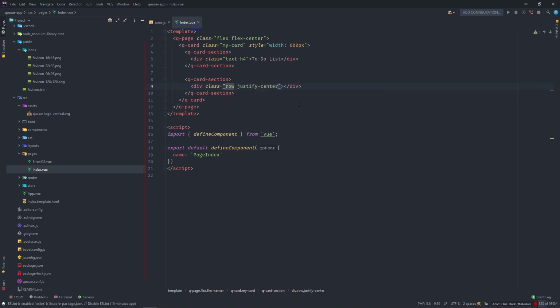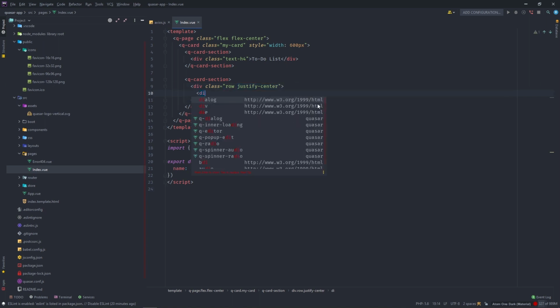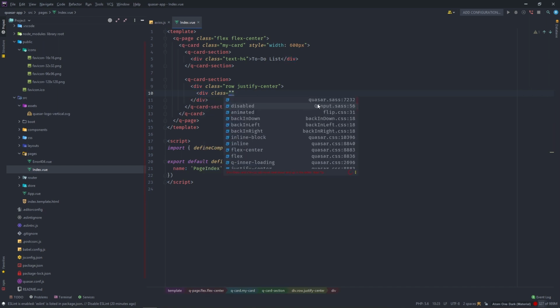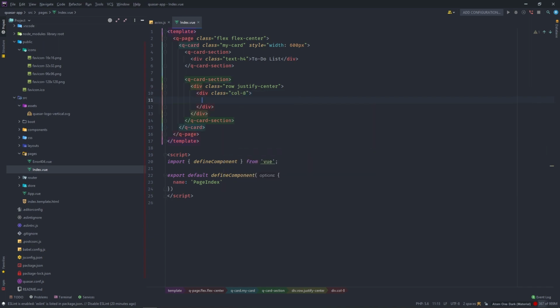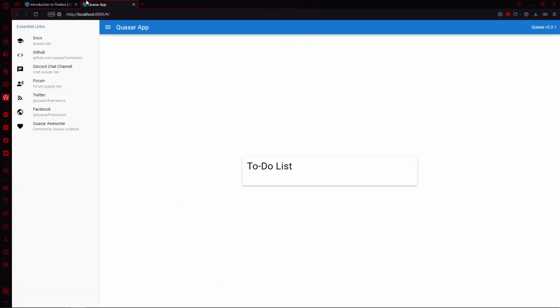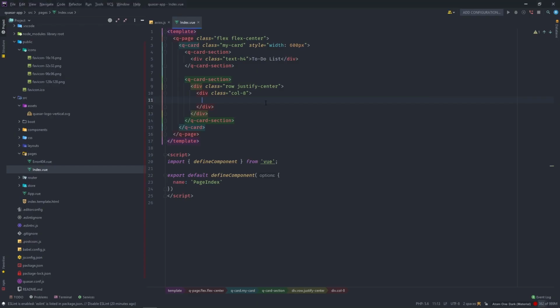And then let's set a justify center, meaning all of our content is compressed to the center of the row itself, making it centered. Next, we're going to create a column. So let's say col-8 or so. Now we have our column. We have a column which is of size 8. So let's say